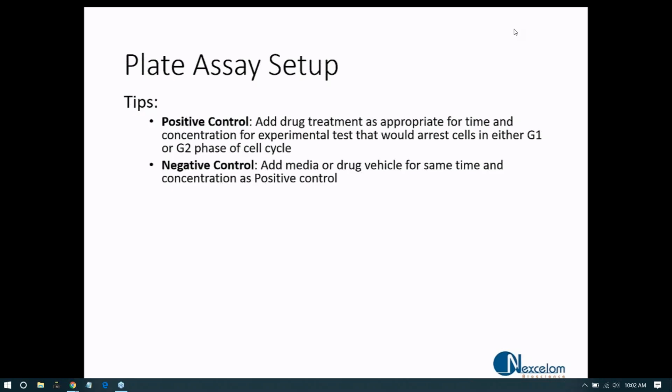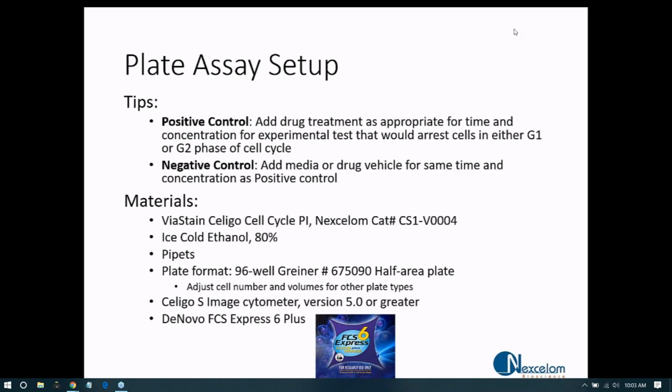that you'll be running. So my tips for this assay type, I would highly recommend having a positive and a negative control. For the positive control, I would have a drug treatment that is known to move the cells into a cycle arrest in G1 or G2 phase. This will help you make sure that your data set is properly detecting a treated cell that has shifted or not. And then also for the negative control,